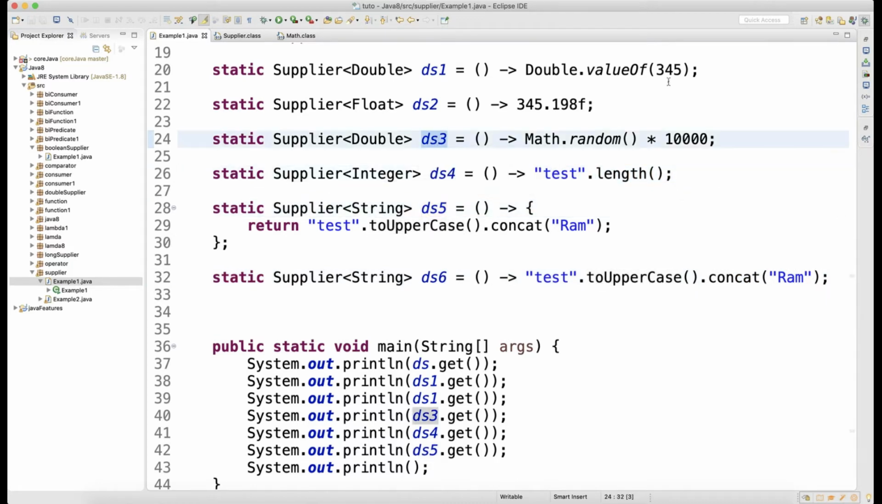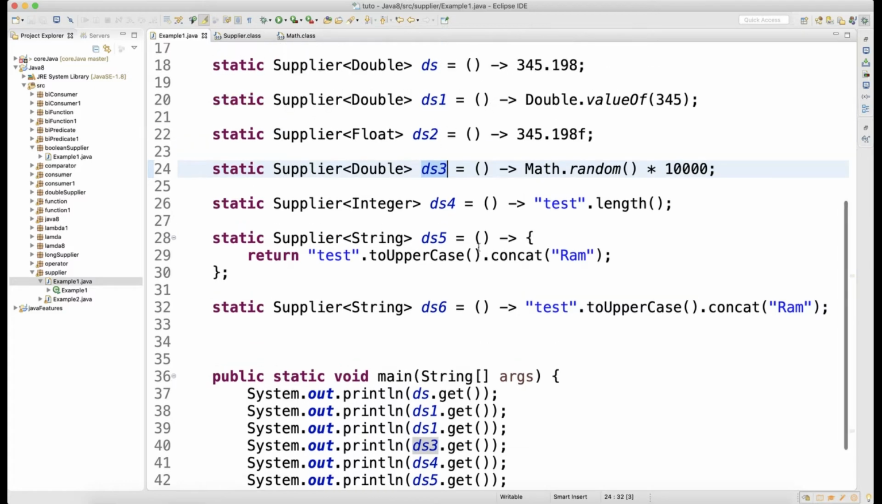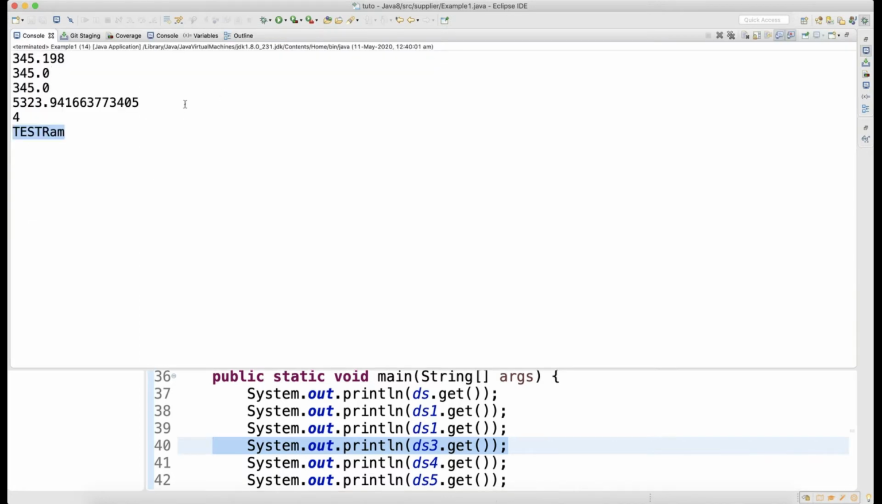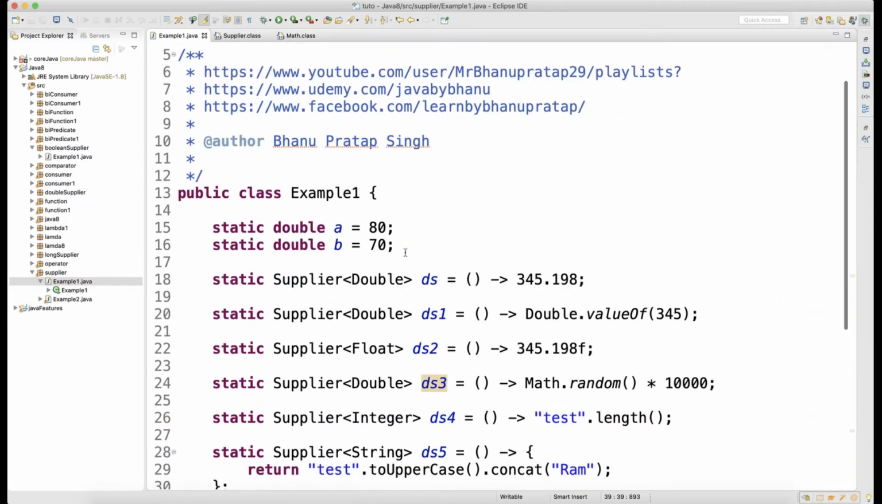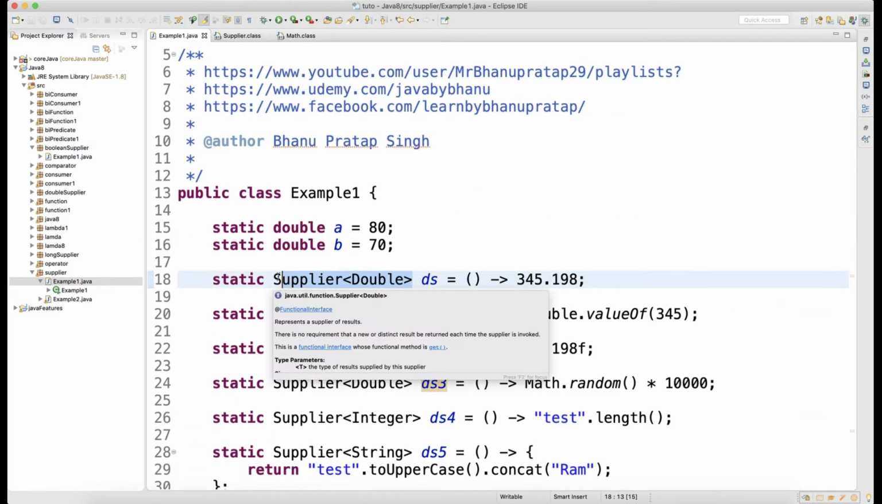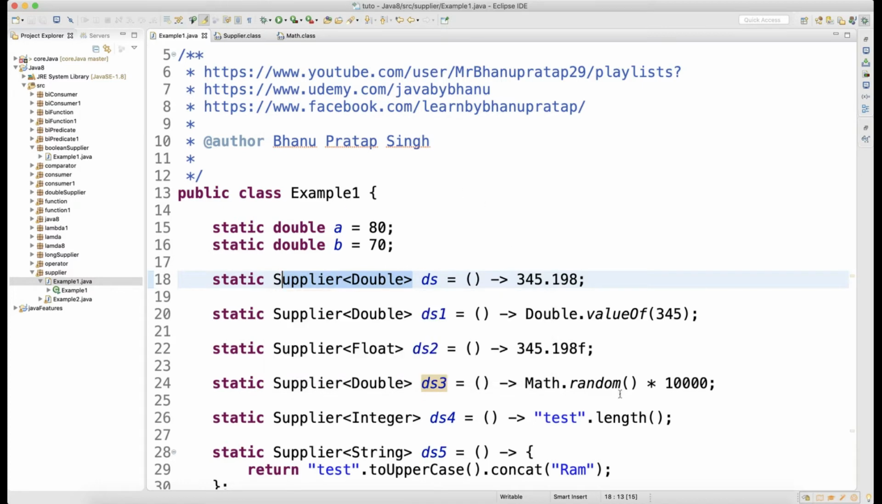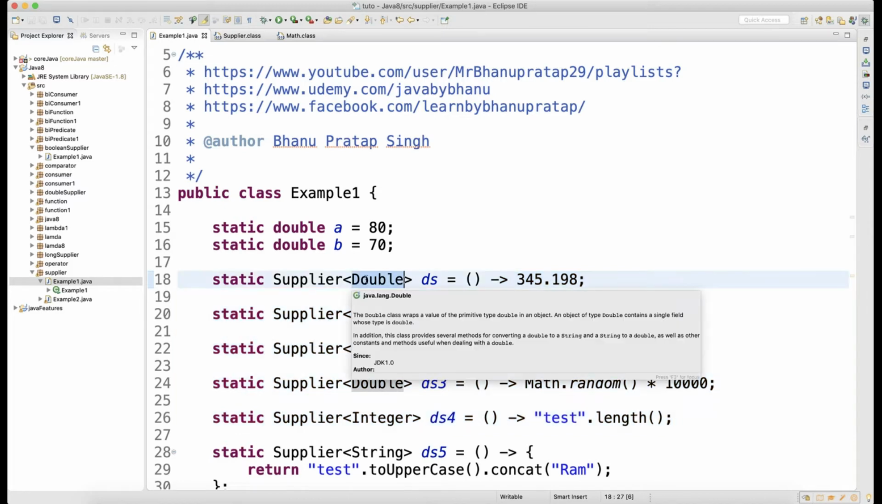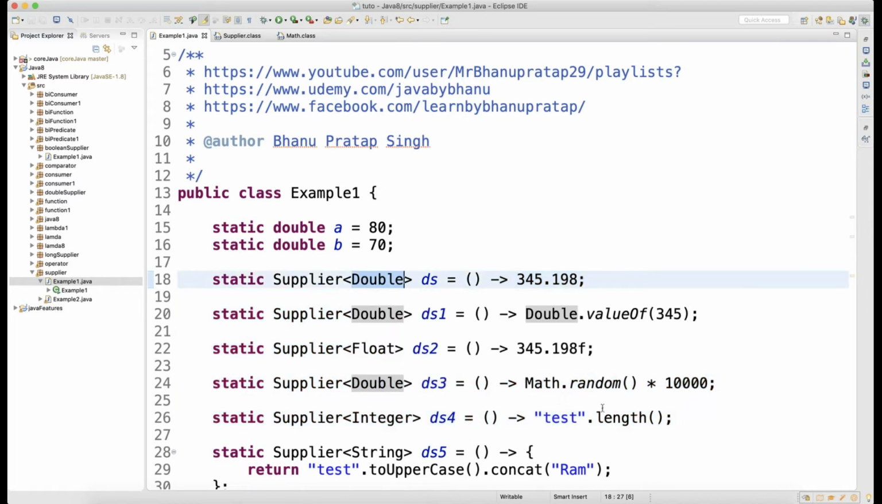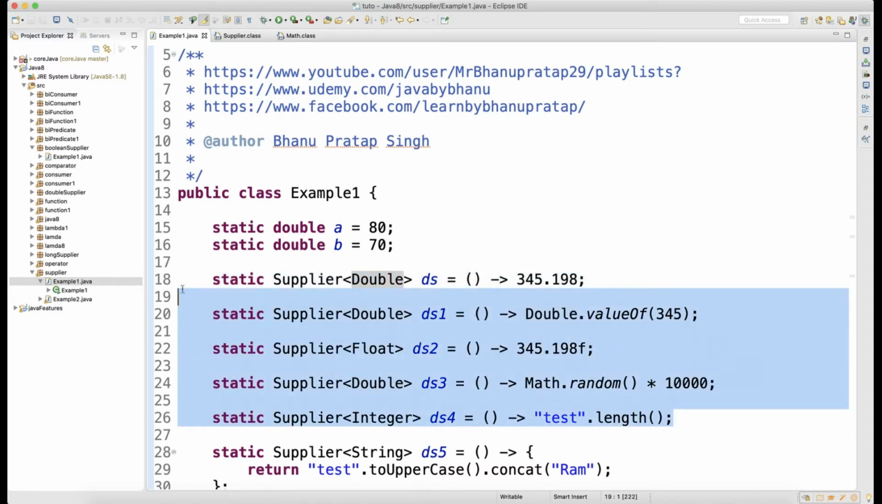If you look at the DS3 output, which is nothing but DS3, this guy, right? So 1 2 3 4, the fourth output, if you focus, this is a double output because of Math.random, and you are multiplying with 1000, so this is the double output, right? Clear? So basically the supplier will give you the output that you have in the angle bracket. No matter what calculations you are doing, finally it will give you the output that you have in the